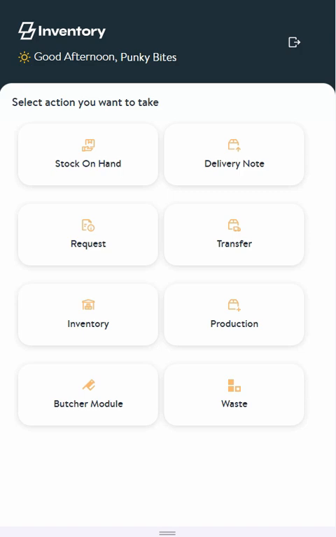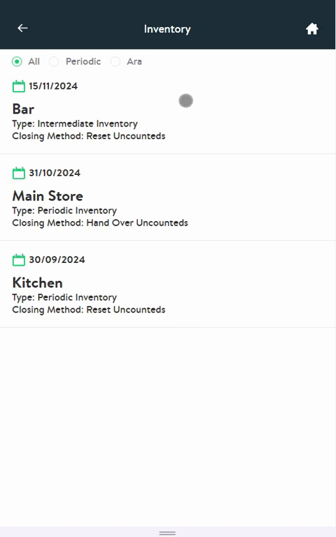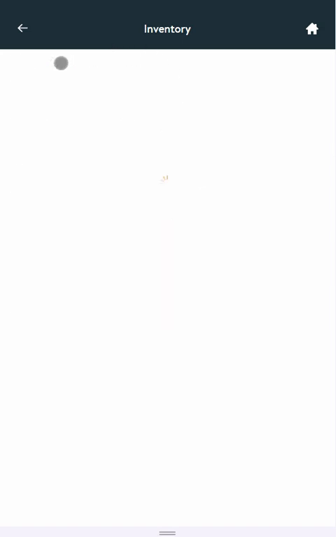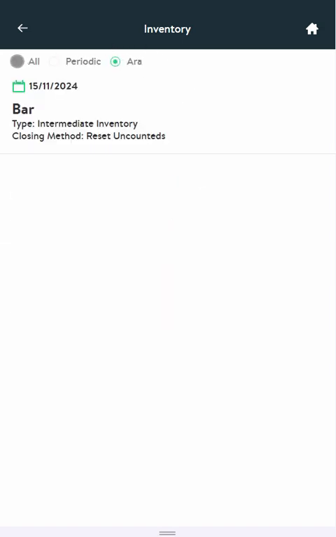Mobile inventory count entry. We click on the inventory button on our screen to make inventory entry in mobile inventory. As seen on the screen, two types of inventory entries, periodic and spot check inventories, can be made to the